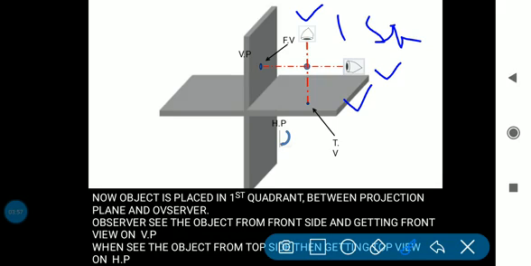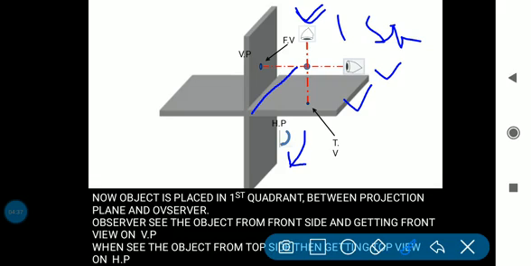You know the horizontal plane is the moving plane and the vertical plane is the fixed plane. The horizontal plane rotates through an angle of 90 degrees, and after that we get the final position of the object. This is the reference line. The vertical plane and the horizontal plane create the reference line, and the object is placed here in the first quadrant, with the observer placed here and here. After the projection, the horizontal plane moves through 90 degrees and we get the final position.